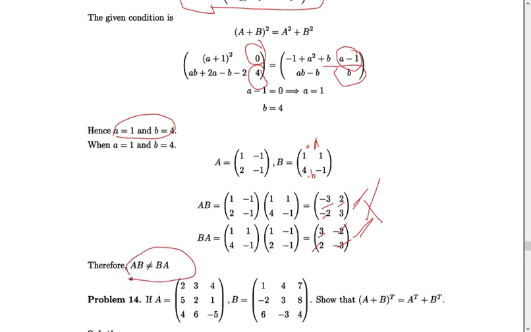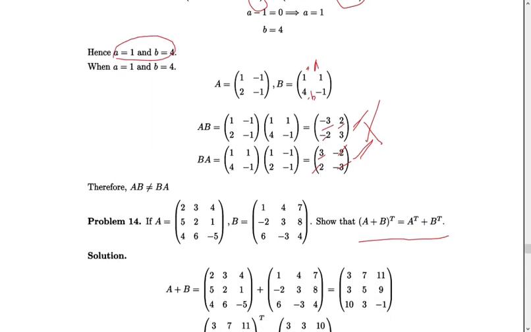So next, A is equal to one 3 by 3 matrix and B is equal to another 3 by 3 matrix. Show that (A plus B) whole transpose equals B transpose into A transpose. Okay, next problem. If A is equal to this matrix and B is equal to another matrix, so that (A plus B) whole transpose equals A transpose plus B transpose. So we are going to check this relation.